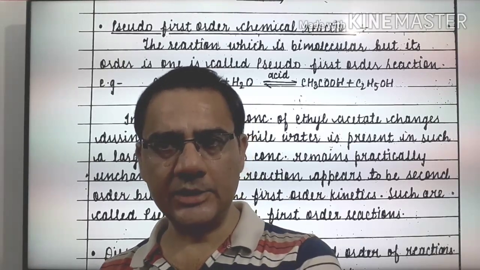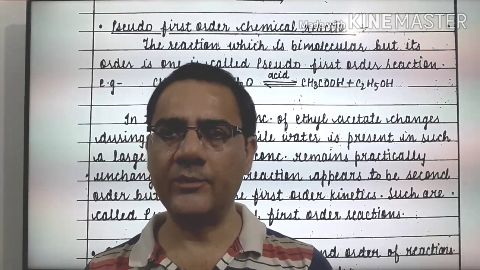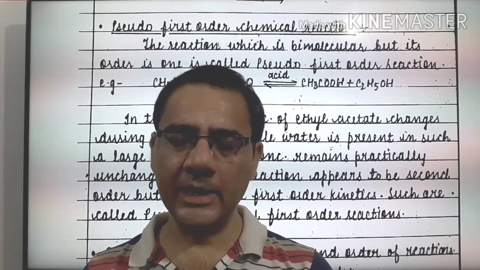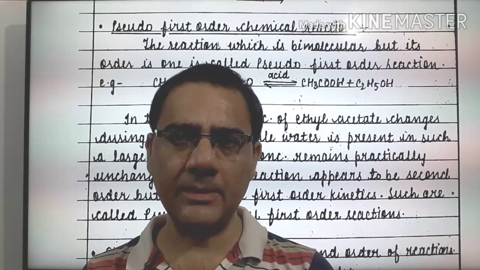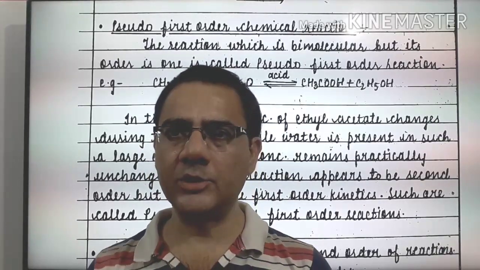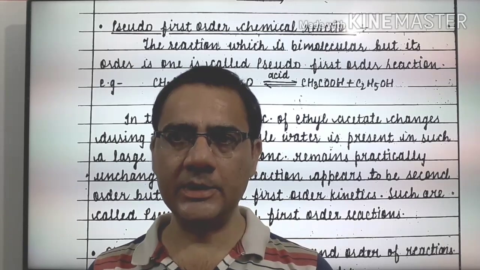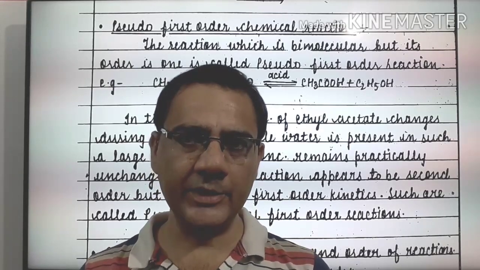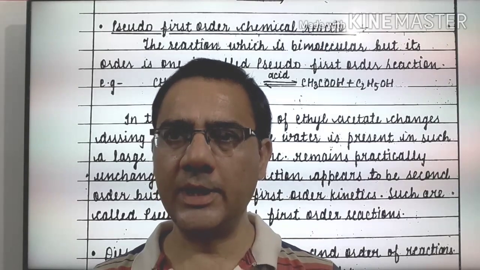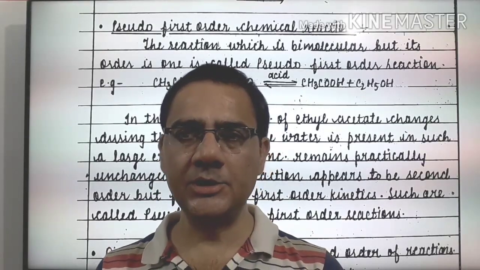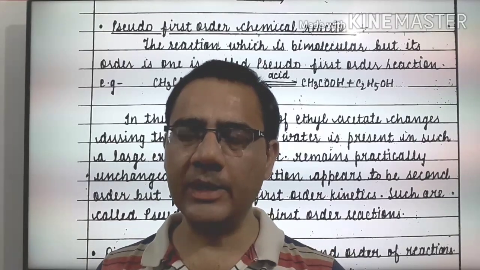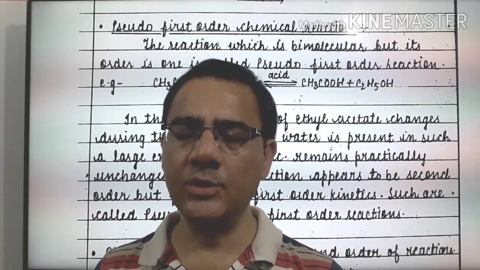And if their concentration changes, the sum of their stoichiometric coefficients is called the order of reaction. The point is the same, but there is a minor difference between the two definitions. In one definition we say: simply the sum of the stoichiometric coefficients of all the reacting species is called the order of reaction. In the second definition we say: the sum of the stoichiometric coefficients of all those reacting species whose concentration changes with time. Now keep the second definition in mind